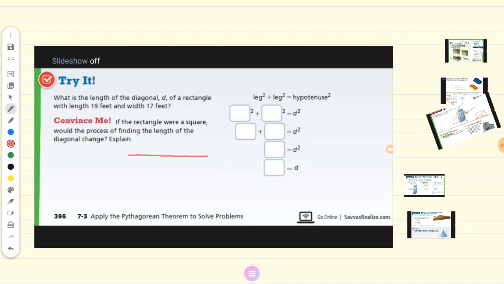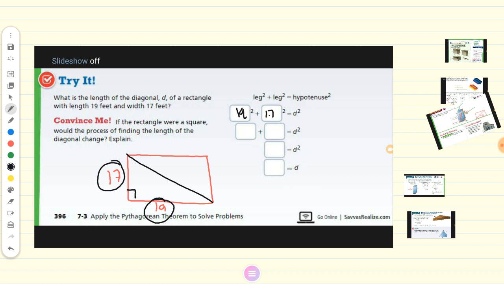It's better to draw it to easily imagine how to solve. Its length is 19 and width is 17, and we need to find the diagonal. In this case, the diagonal will be considered as the hypotenuse. So it's easy to square both legs. So it's 19 squared plus 17 squared, which is equal